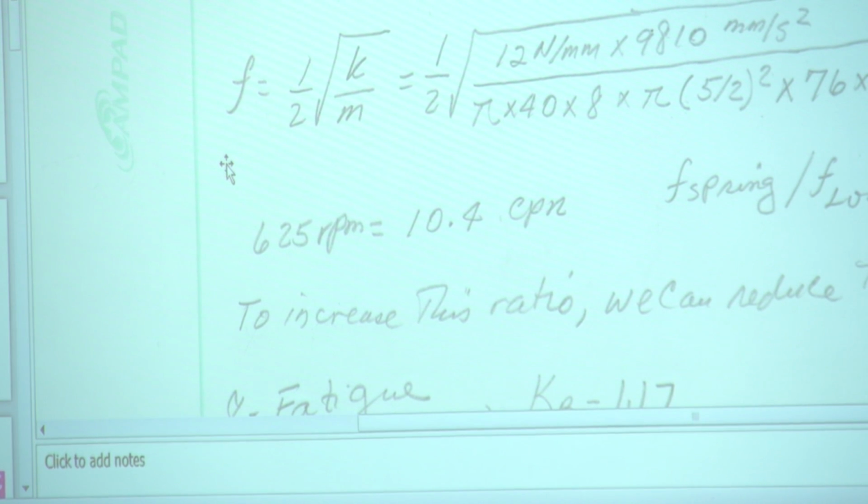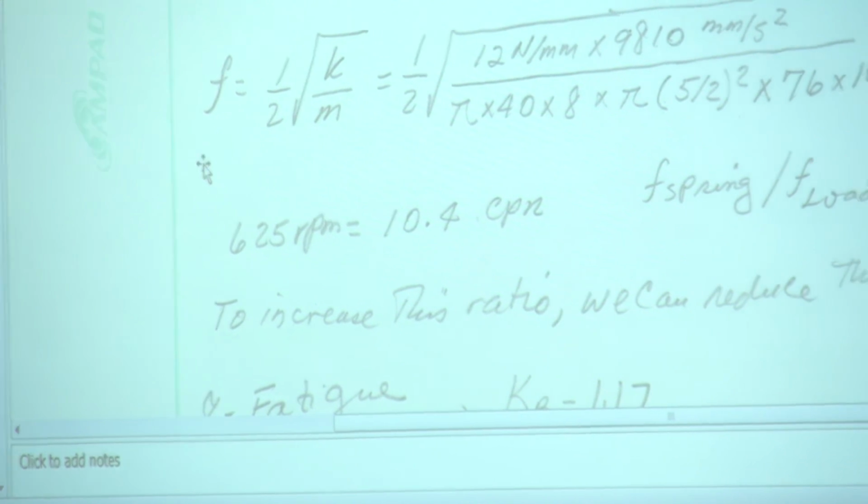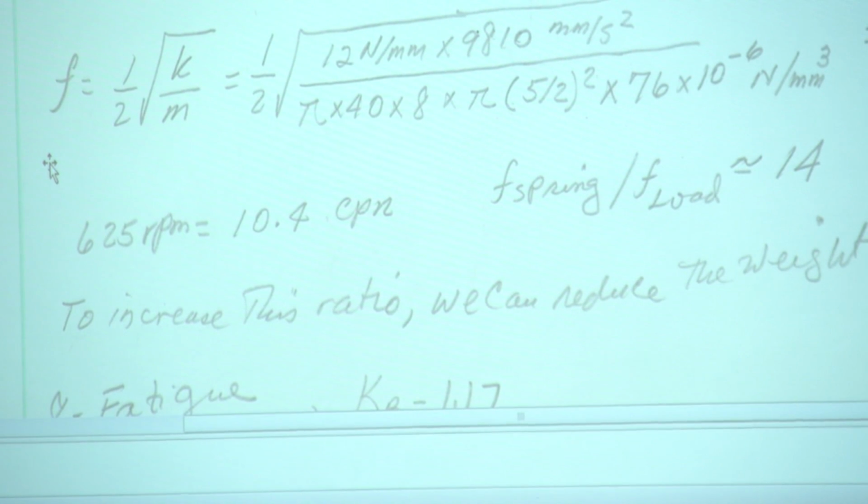However, we do have a little bit of leeway in almost everything we've checked. The most critical has been the stress, which were just under the allowable stress. Remember 581 and 572. But there's still a little bit of leeway. We can reduce the weight. If not, you're just going to have to go to a stronger material, and that way your strength will go up. We can reduce the weight, or we can pick another material.